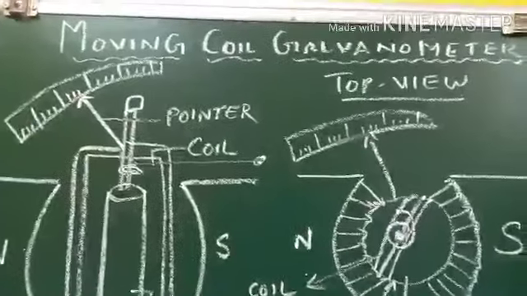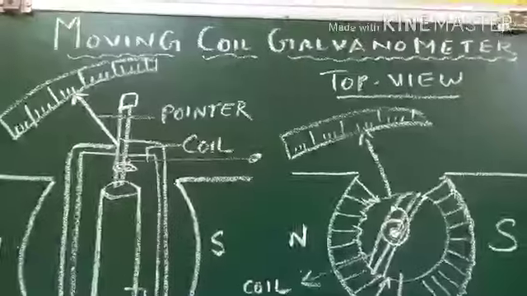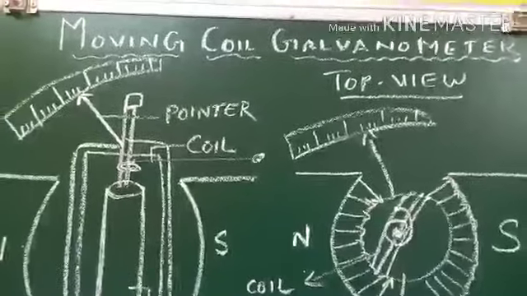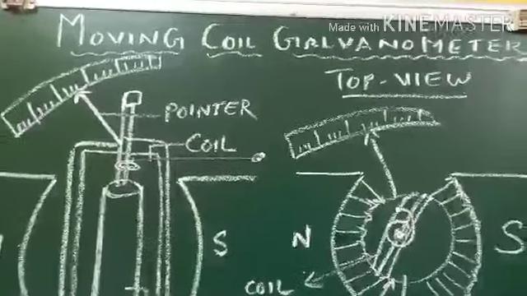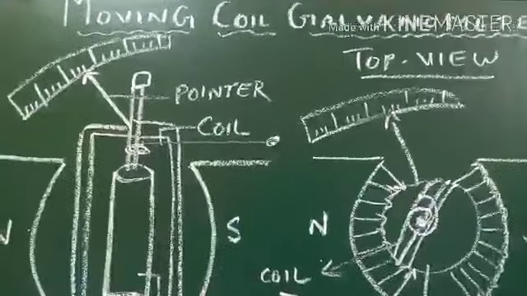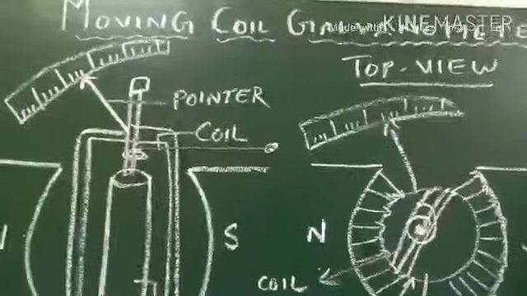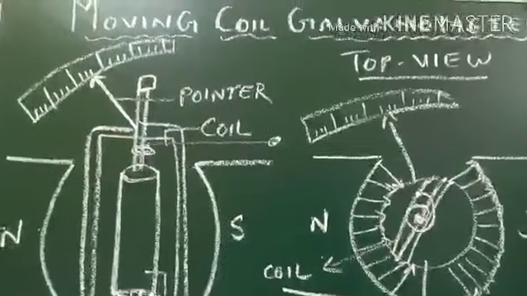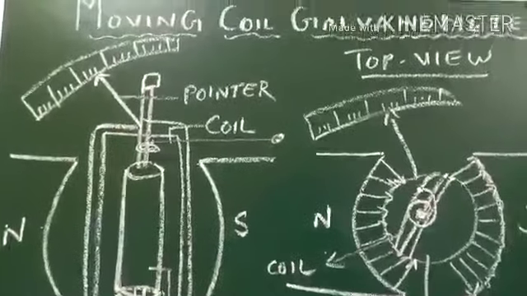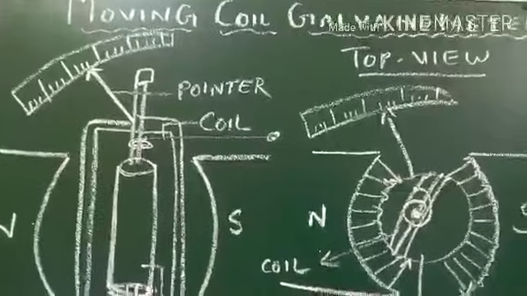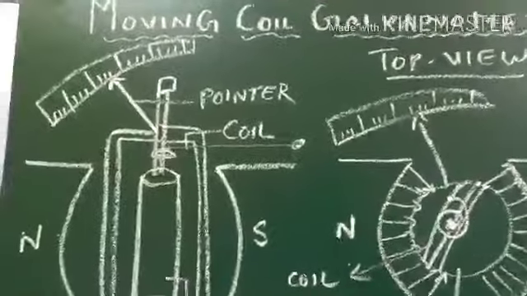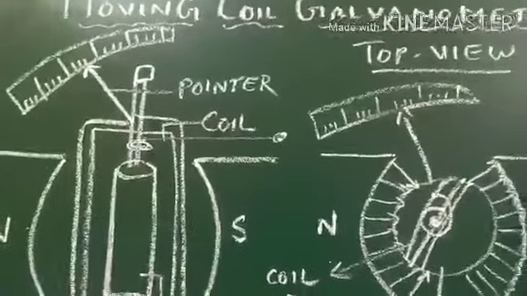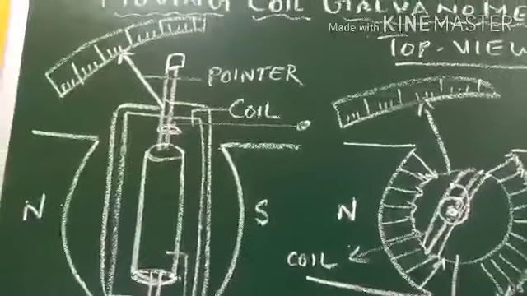And in the moving coil galvanometer itself, two types are there. The main part, the coil, in one case remains suspended, which is known as the suspended type moving coil galvanometer. The other one is known as the Western galvanometer or pivoted type galvanometer, which we have to study in detail, which we use in laboratories.